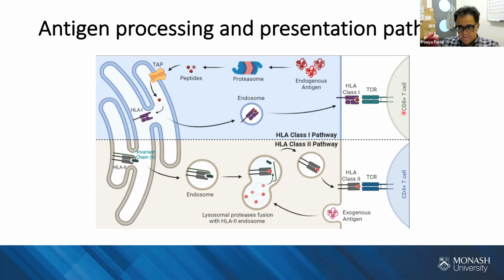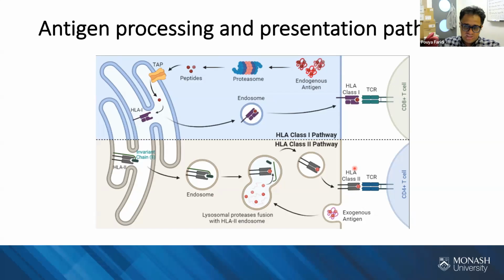Then T cells, in particular CD8 positive T cells, monitor what's being presented by this complex on the cell surface, and if they find something unusual, meaning the immune system is not trained with that, they find this complex and lyse the cell. We have another pathway called HLA class 2, which is mostly designed for exogenous antigens, very similar to what we had in class 1. Proteases are different, but small peptides will come and bind to HLA class 2 and then come to the cell surface.